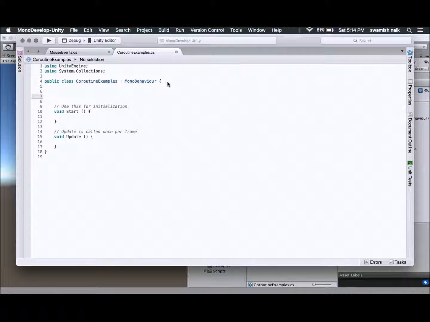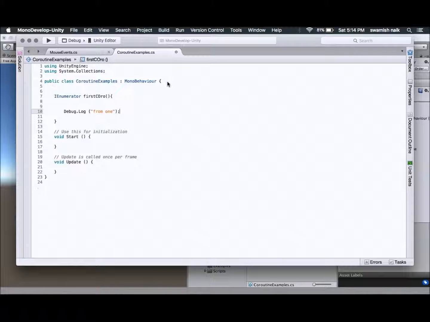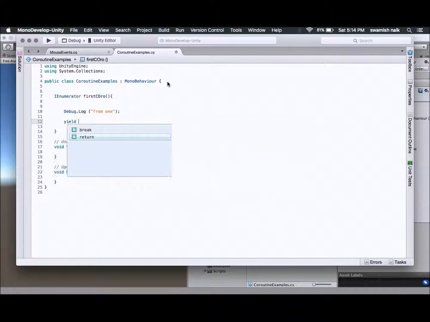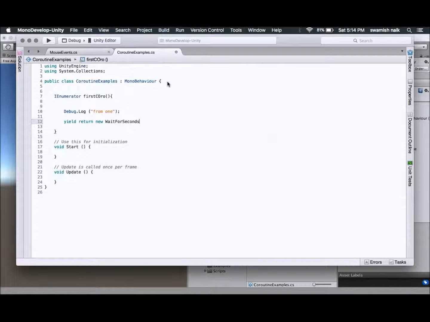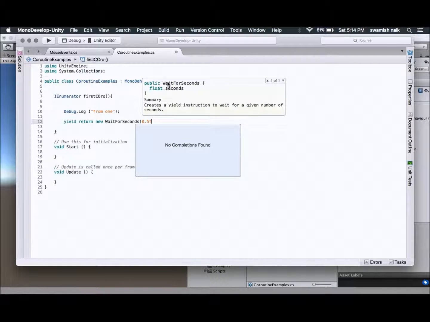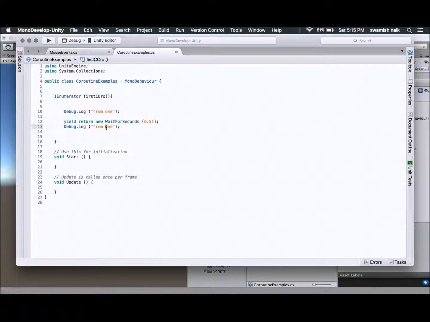Let's first create two coroutine enumerators. First coroutine, we can name it whatever you want. So let's Debug.Log "from 1", and let's wait for half a second, and then let's debug "from 1, from 2".